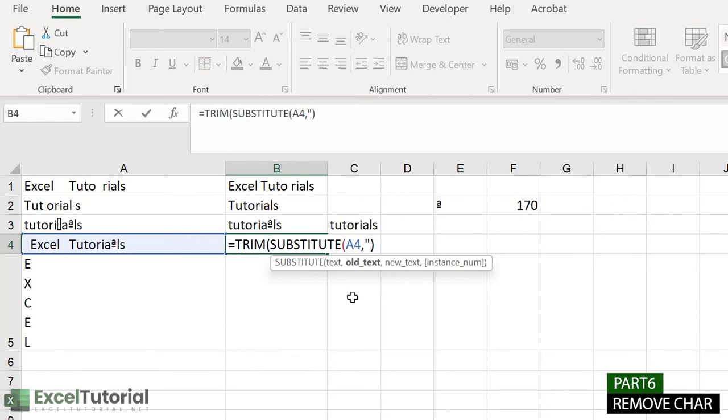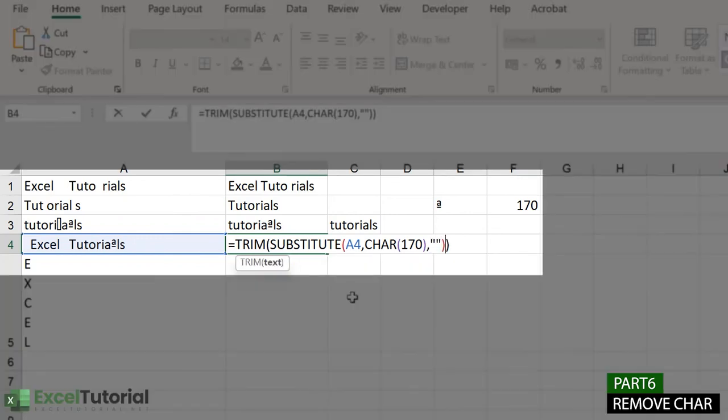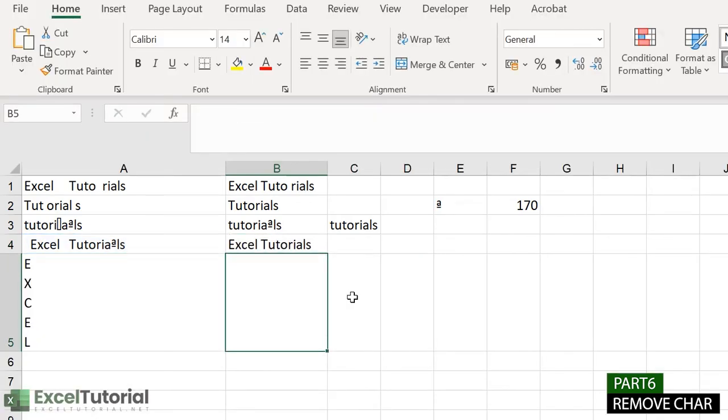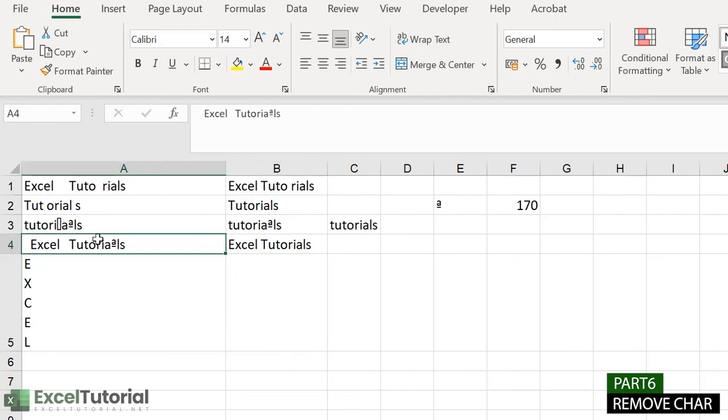So I will put the CHAR function here with the code number 170, and the new text will be nothing, to remove it from this cell. And here we got it. We have done two things: we have removed the spaces, and we also removed the character with the help of the CHAR function. So that's how you can perform it.